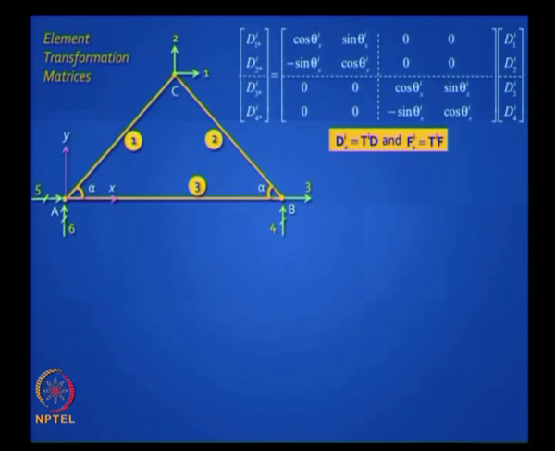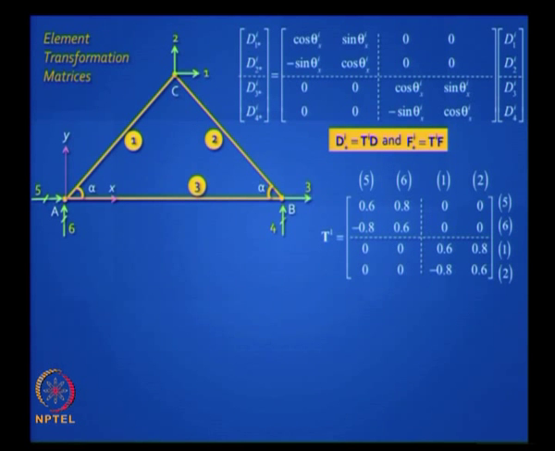As you rightly said, this is how the TD matrix will look. Then what? Then you just generate it, that is all. So let us say the first element will look like this, because you have already got the cosine and sine values from the previous table, but now your job of putting the linking coordinates correctly starts. You got this matrix by substituting cos theta and sine theta for the first element, but the first element is linked to 5, 6 at the start node and 1, 2 at the end node. So you have to put those linking global coordinates here. Is this clear? We have discussed this earlier, it is clear to you?